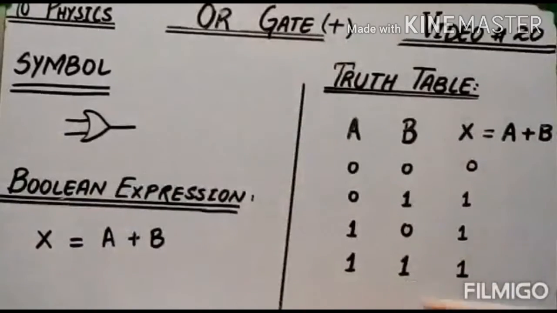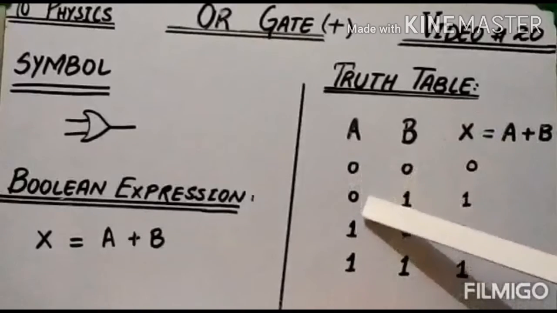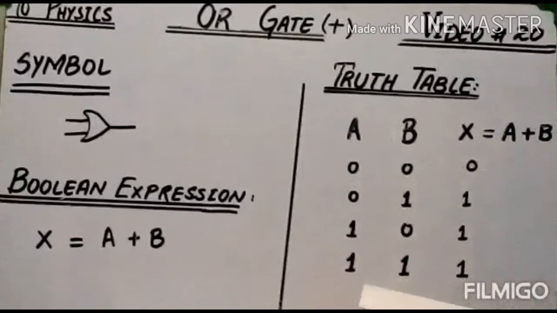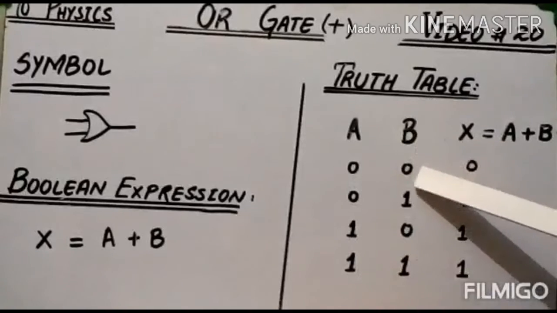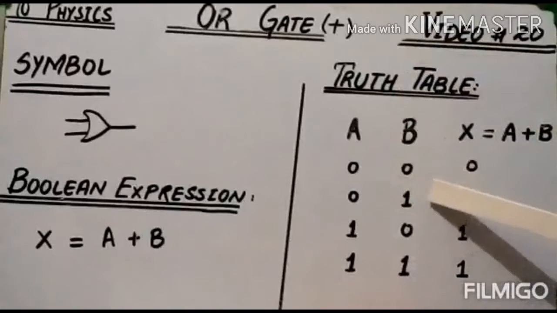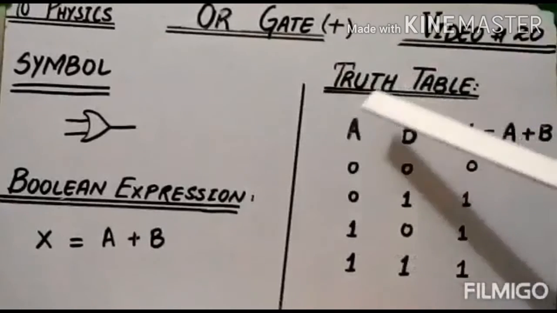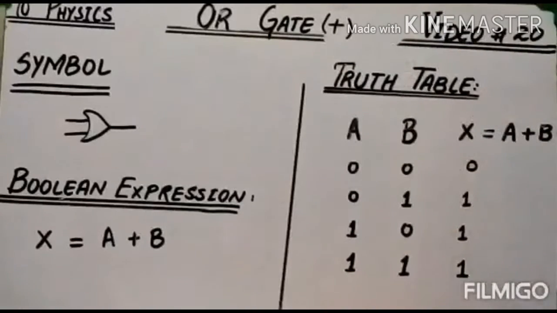Now let us come to the truth table. With the help of this plus we can make the truth table. Possible input states, you have to write 2 times 0, 2 times 1 in the first column, that is the A column. In B column you have to write 0 and 1 on alternate positions, 0 1 0 1, while you start this practice by first writing 0. Now if you write the inputs in this way, you will not skip any possible input. You will get all the possible inputs for the two switches gate.